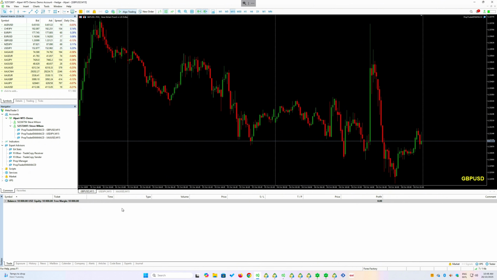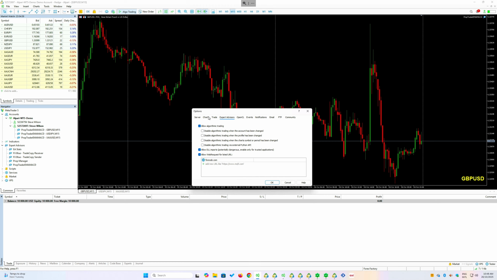So we can see here when we have our open trade. Today is Sunday that I'm setting this up, so when we get to Monday, trading will automatically start. Ensure you have algo trading turned on. Go to tools and options as well, and